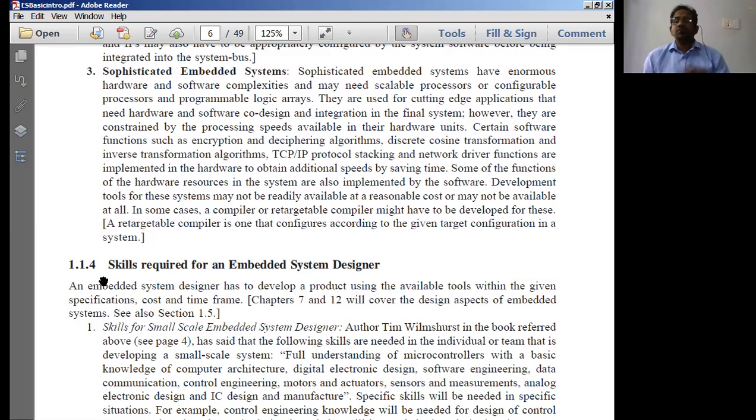That means once you design an embedded system for a particular task, the same system, without changing or removing the hardware, you can simply make use of the same existing hardware for different applications by simply changing the software embedded into it. Thereby, we make the system a sophisticated embedded system. Sophisticated means what? A more tailored version of the embedded system is called a sophisticated embedded system. So this is the more advanced kind of embedded system which we normally have.